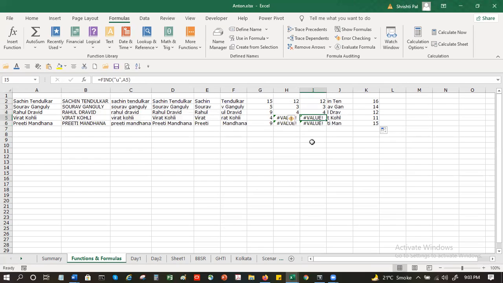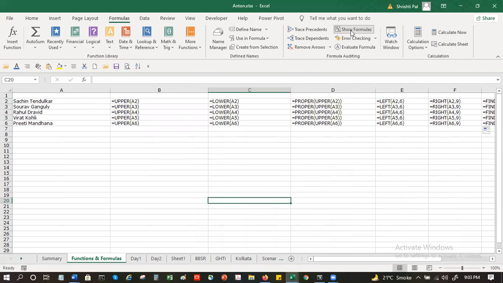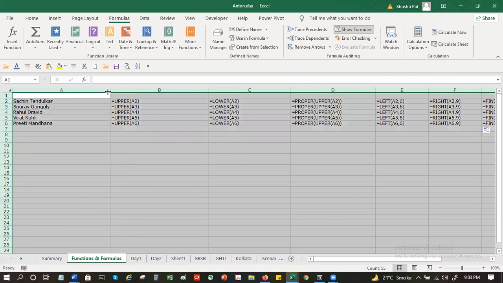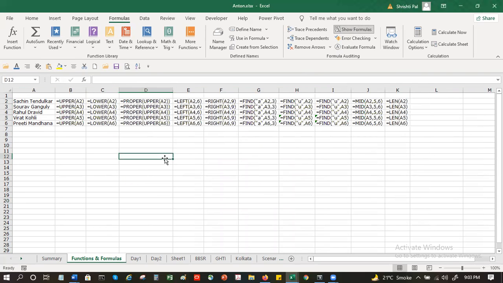Now, to make life easy, Microsoft has given us some additional features. This particular sheet has multiple formulas. To look at a formula, what do I have to do? I have to go to an individual cell and look up the formula, right? No need to do that. Wherever you are on this sheet, click outside. There's one function here right at the top. Can you see this? There's an option, Show Formulas. Click on this. It will show you all the formulas that are used in this sheet.